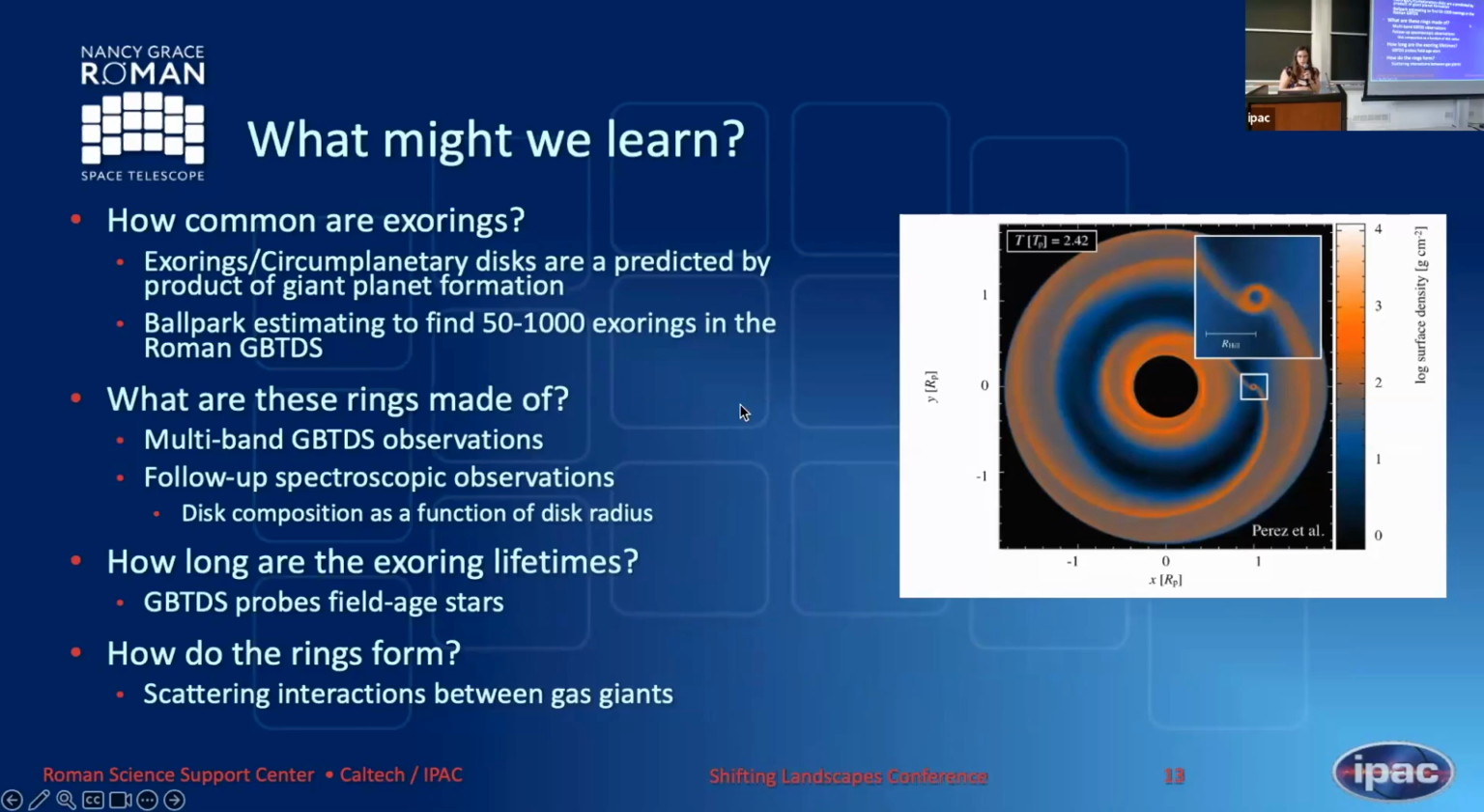So what might we learn? Well, how common are these exorings? Are we finding many of them? It's really hard to predict how many we expect to find. I have a little video here just to show that,